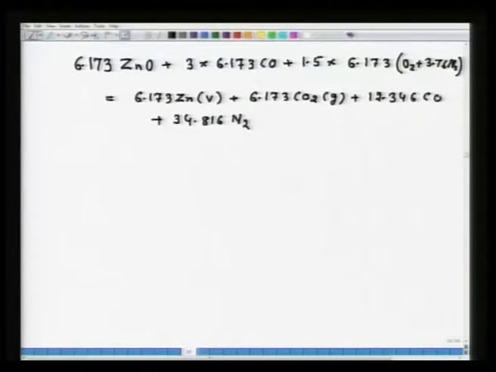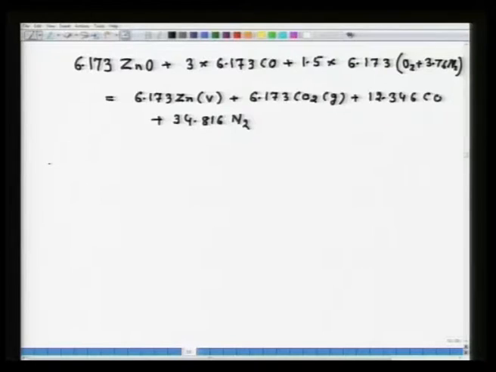Now, you see, in writing this equation, you should be clever enough to maintain the exit ratio whatever is given in the problem, and accordingly you back calculate the requirement of CO to carry out the reaction as well as the oxygen requirement. Now, these are the important issues. So, this is the equation which must be taking place as per the condition of the problem above the hearth level.